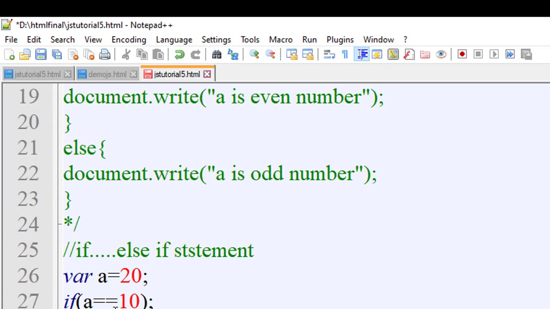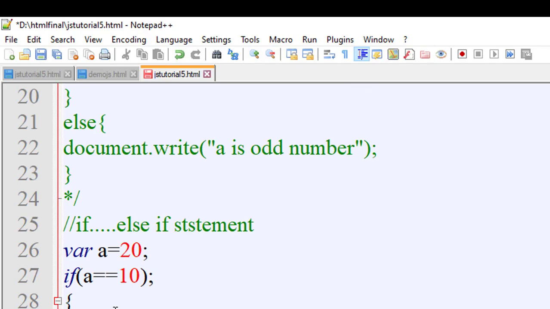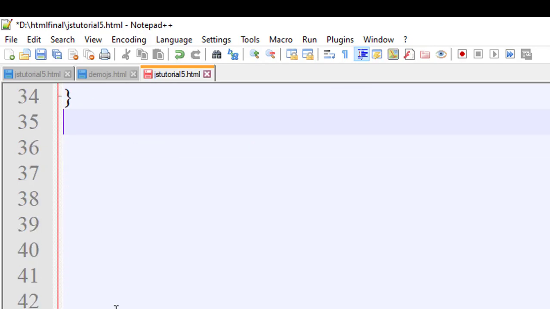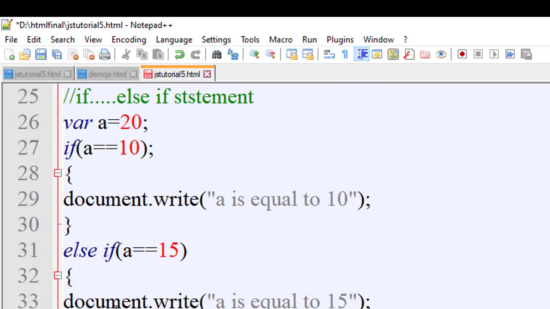Double quote complete, parenthesis close. Just else if, in parenthesis, a equal to 20. Yes, the value of a is 20.